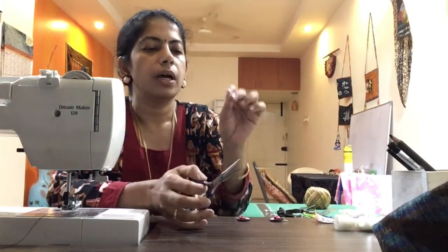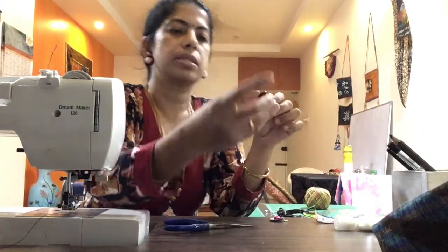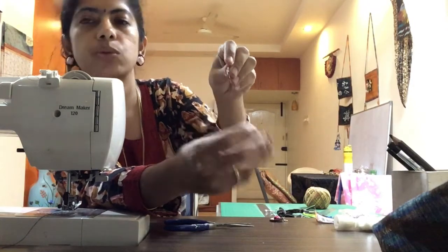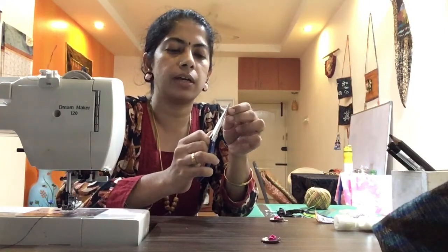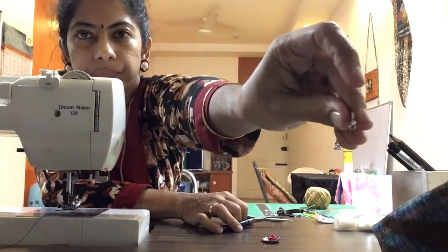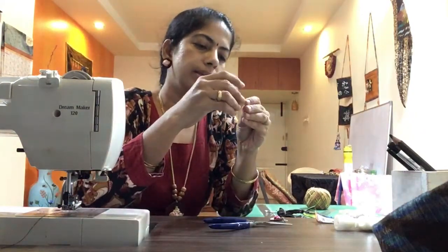Now you can add another ring and make this, but what is going to happen, this ring is turned this way and we have a hoop here that is also in the same way. So instead of adding one more ring, I would prefer turning the loop this way, and